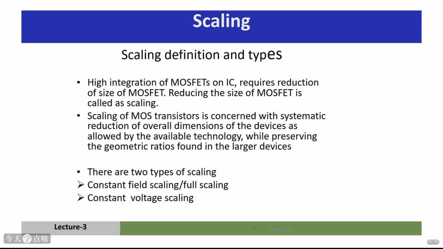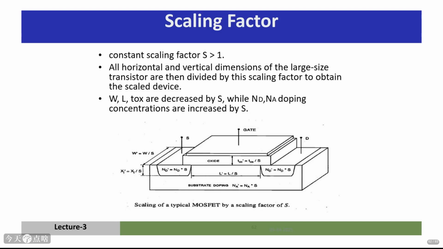Both aim to reduce the physical size of the transistor, but they differ in how they handle the voltages and doping concentrations. Scaling involves dividing all the horizontal and vertical dimensions of a